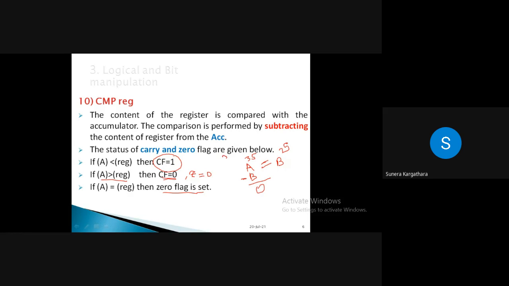So now easily you can map this condition with the process, but make sure generally subtraction में हम लोग क्या करते हैं कि we are subtracting two numbers and the result is stored in accumulator. Here there is no place, no register will store your result. It will only compare. The process behind the comparison will be always subtracting, but it will not reflect your result anywhere. Your result you will find in terms of condition, and based upon your condition, you will find the status of your flag, carry and zero flag. Am I communicating, student?